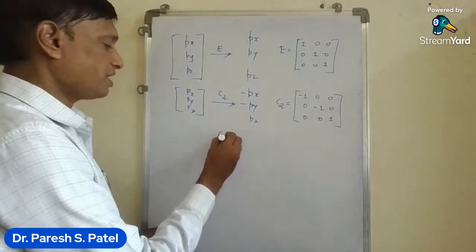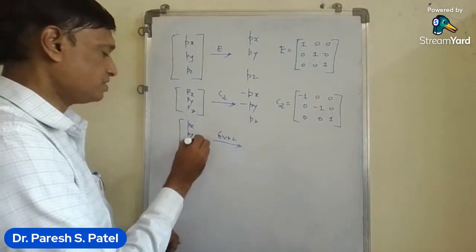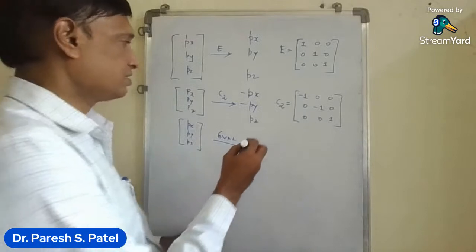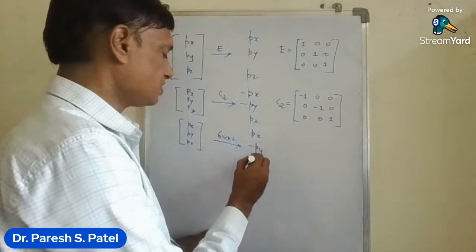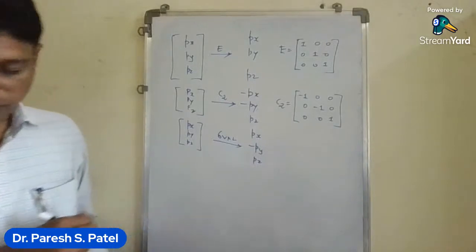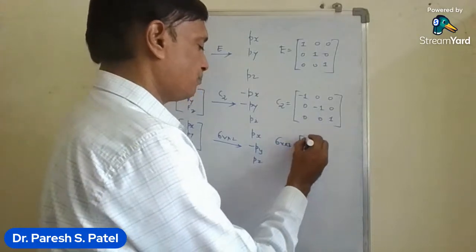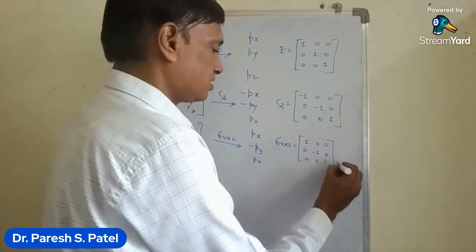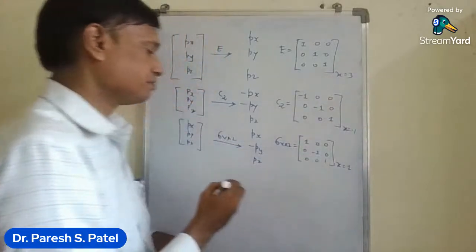If we operate sigma v(xz) on Px, Py, and Pz, Px is available in the same plane, Py is perpendicular so it becomes minus Py, and Pz remains as it is because it is in the same plane. So we can write the matrix representation as 1 0 0, 0 minus 1 0, 0 0 1. Here the character is equal to plus 1, here the character is equal to minus 1, here the character is 3. And last one,